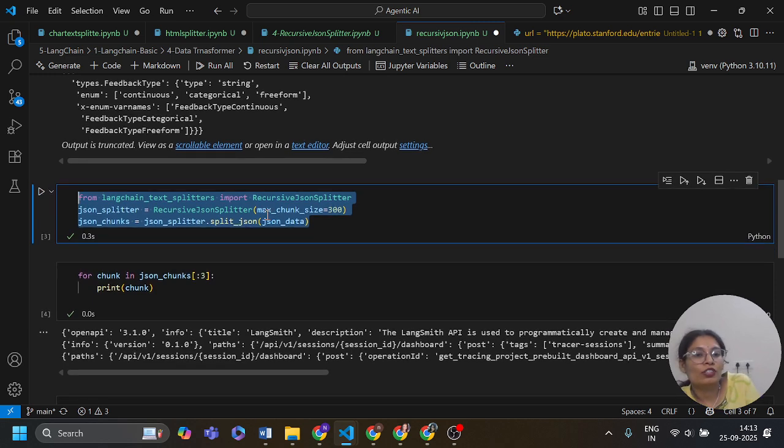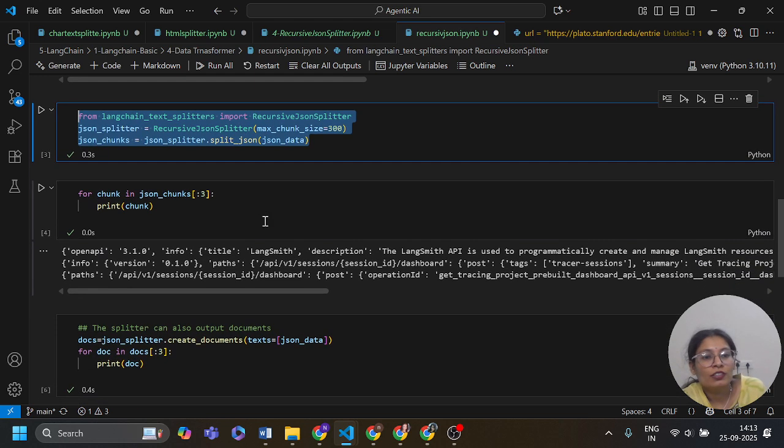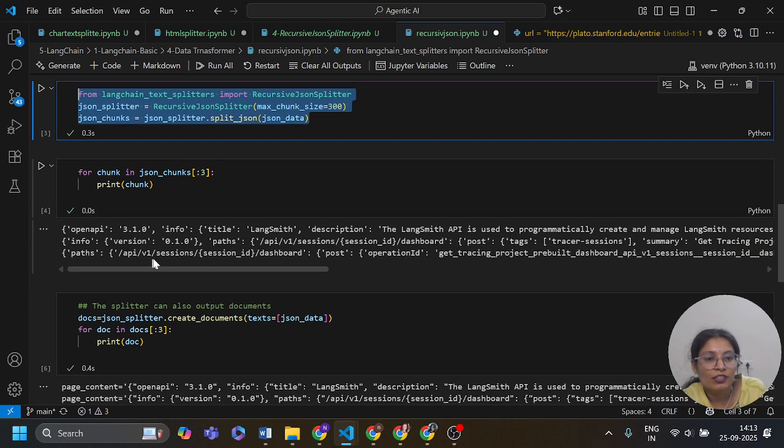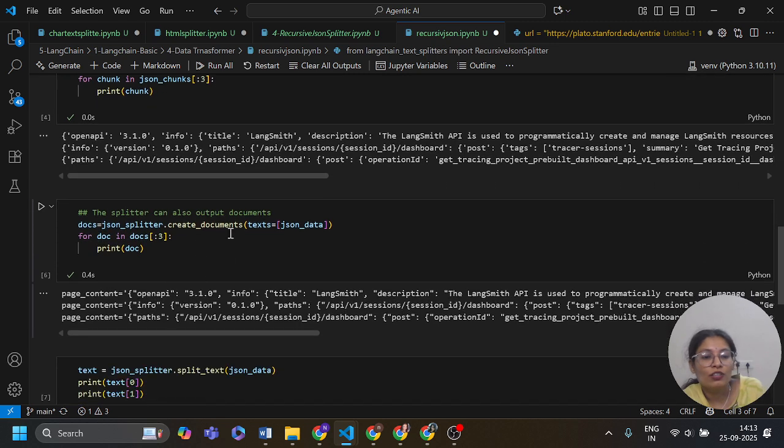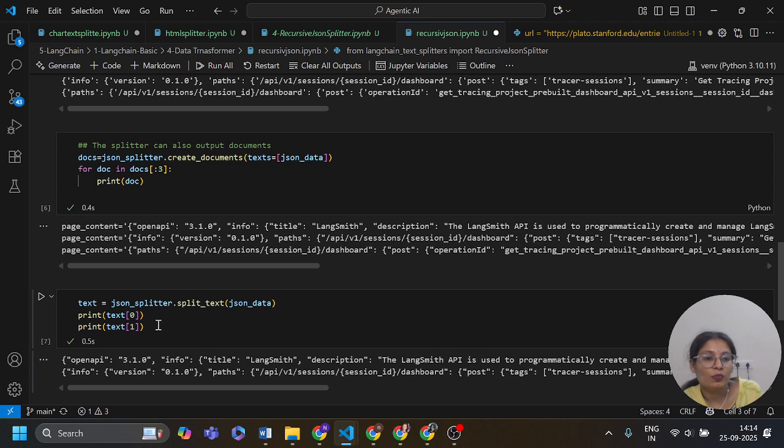Here you need to create the max chunk size, split it into different chunks and print the chunks using a for loop. You can also split the output of this: JSON splitter create documents, then using a for loop you print it from 0 to 3. After that it is split and prints the output for text 0 and text 1.